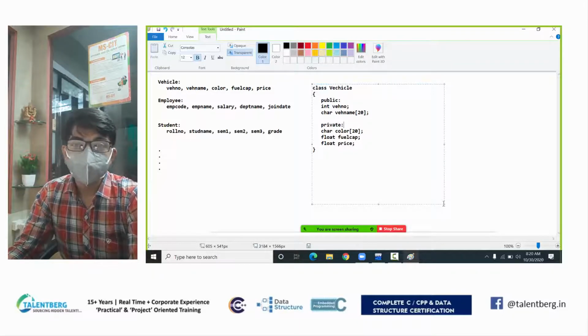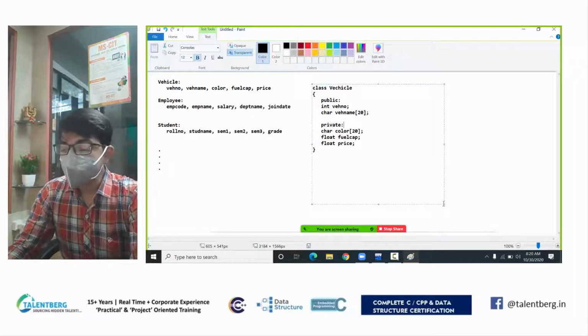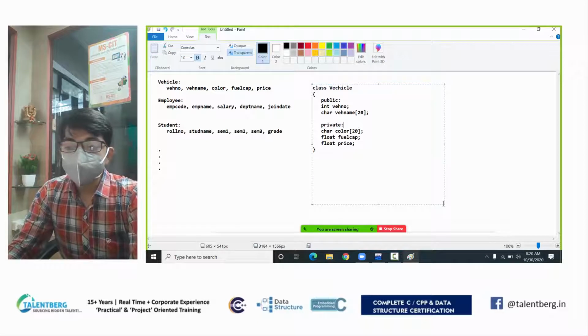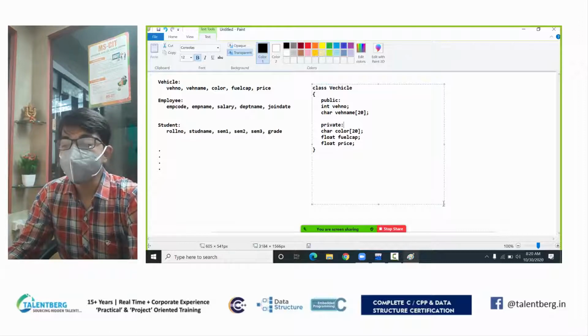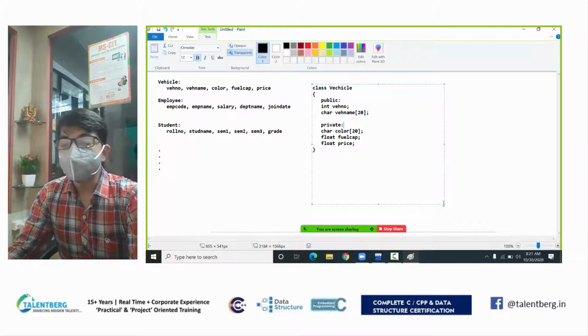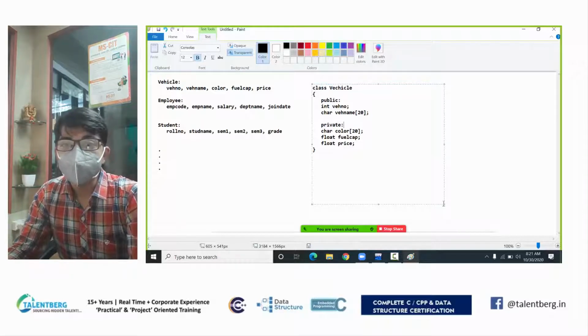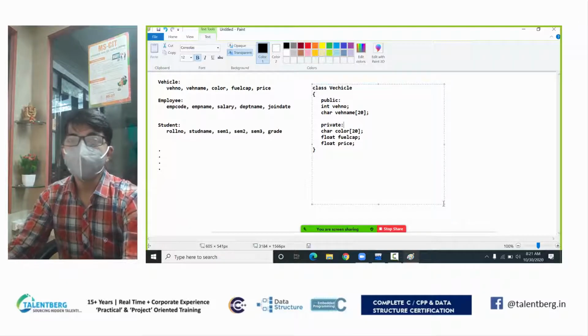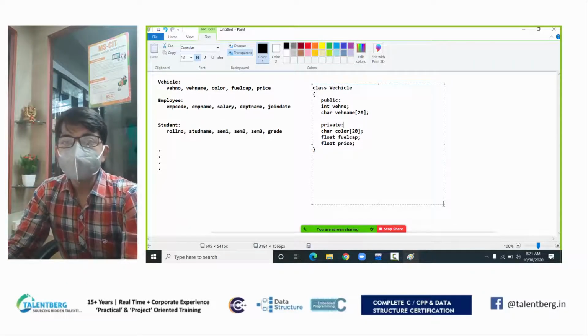There are many different access modifier keywords. You can see public is a keyword, private is a keyword, and there is another keyword, protected. So you create a scope for those variables. Consider you are working on a banking application, so you create user accounts. While creating a user account, you declare variables account number, balance, account type, password.